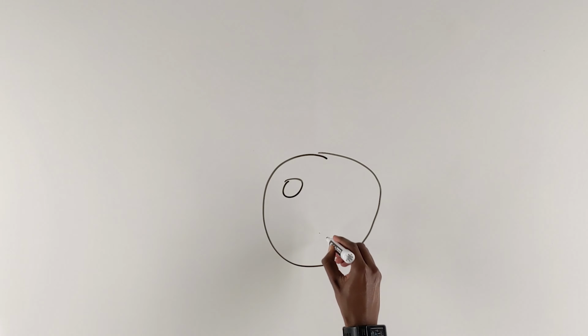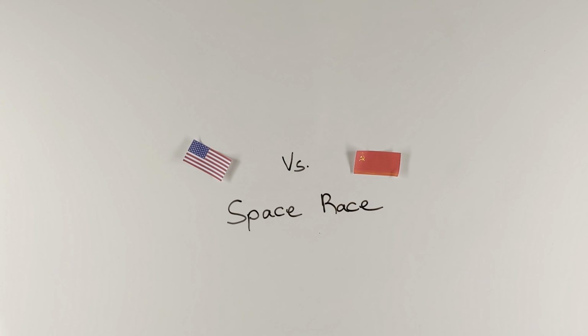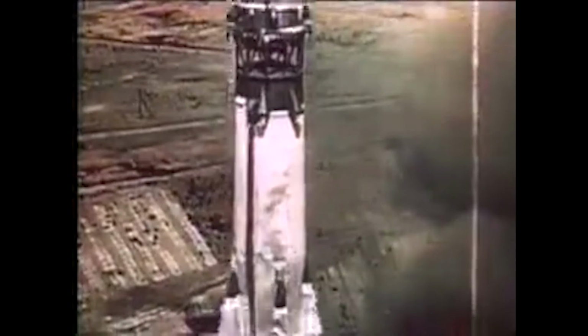The spark for the idea of going to the moon was started by the space race that was going on between the USA and Russia. The Soviet Union was able to launch astronaut Yuri Gagarin into space before the US, and the US wanted to one-up the Soviets. Since going to the moon had never actually been done before, to help them, NASA hired scientist